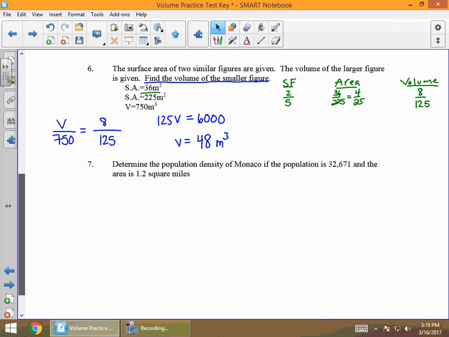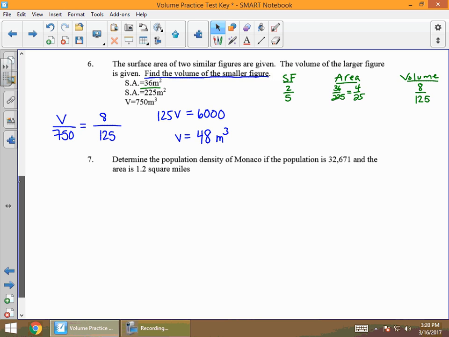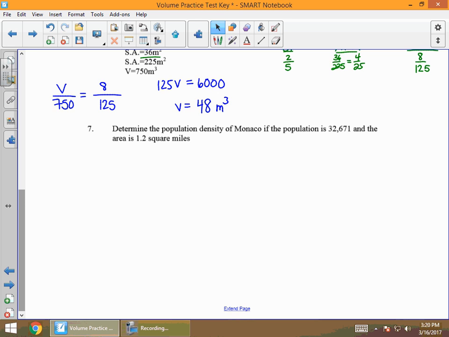Now remember, if I give you 2 volumes, then what you would want to do is find the scale factor by doing the cube root of those 2 things to get the scale factor, and then square them to get areas. But I think, if I remember right, on the test I give you 2 areas again. So you're going to need to be able to square root them tomorrow. And the last question